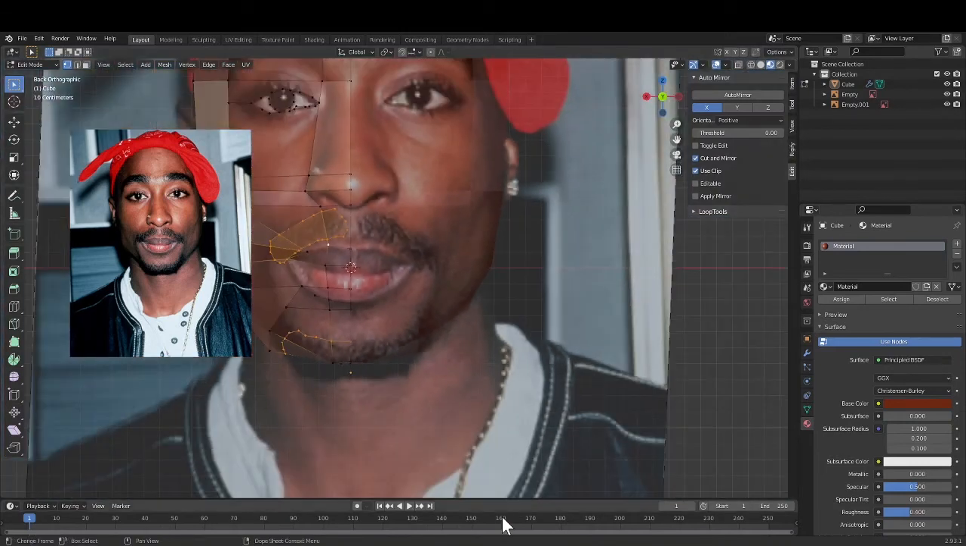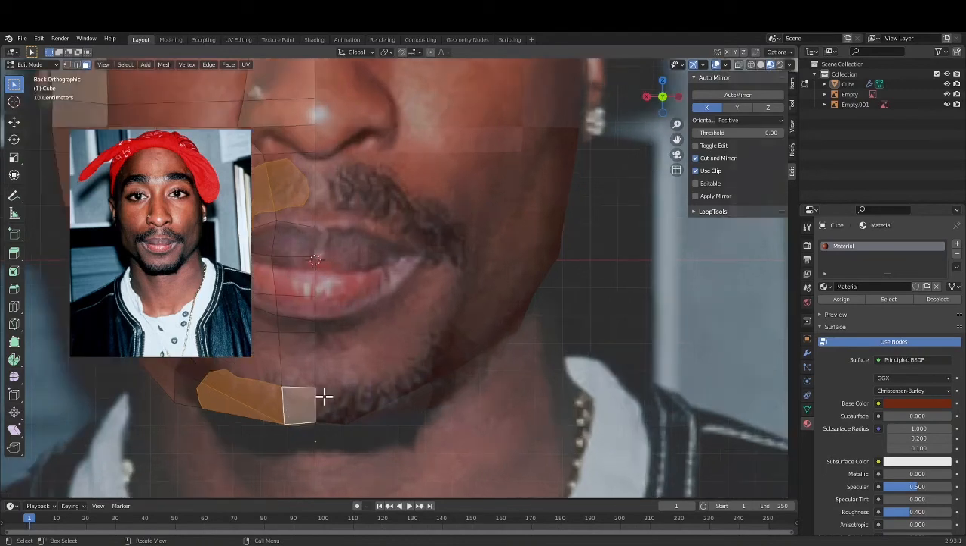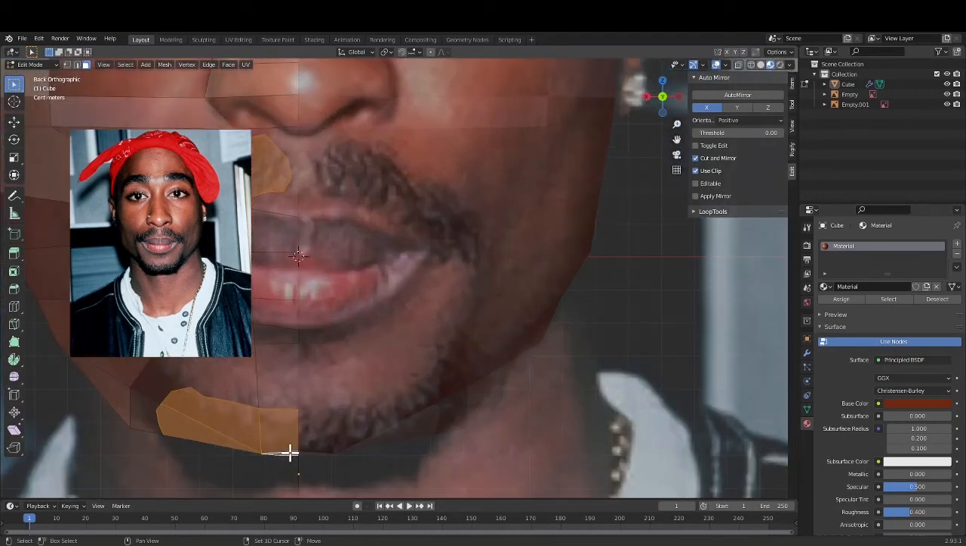Now what I'm going to do is I'm going to hit 3 so I can select faces. Hit 3 again. I'm going to select this face, this face, this face, that little face there, and this face, also this face, and this face, this face, and this face,